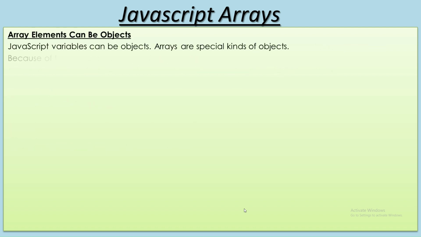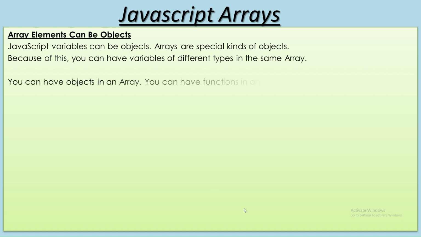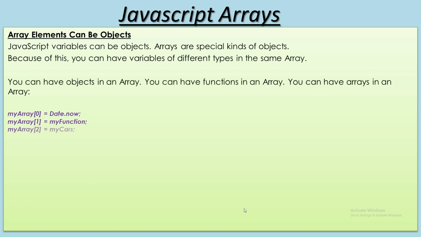Array elements can be objects. JavaScript variables can be objects. Arrays are a special kind of objects. Because of this, you can have variables of different types in the same array. You can have objects in an array, you can have functions in an array, you can have arrays in an